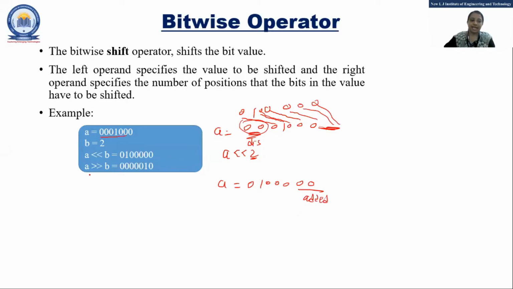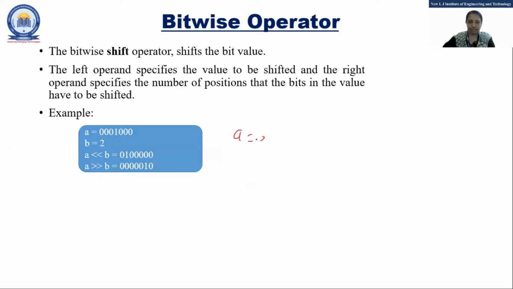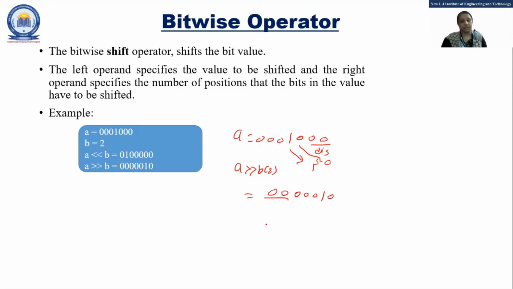And the reverse of this is the right side shifting. A equal to 3, 0, 1 and then again 3, 0. So these bits are discarded. After doing this, here is the 2, and these all are shifted to this side. This 0 at the first position, then 1 and then 000. So 000 and 10. And the 2 leftmost bits are empty, so it will be padded with what? A 0. So this is called what? Shift left and shift right.